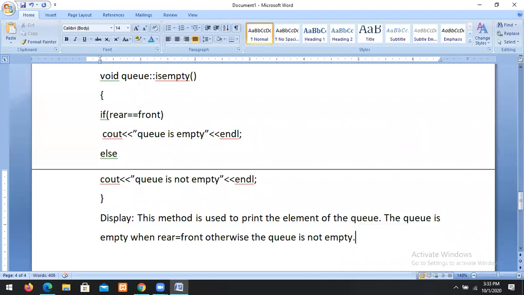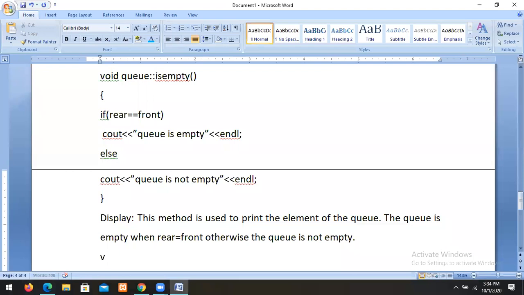This method is used to print the elements of the queue. Suppose I want to print the elements of the queue, we use this method. The queue is empty when rear equals front. Otherwise, the queue is not empty.